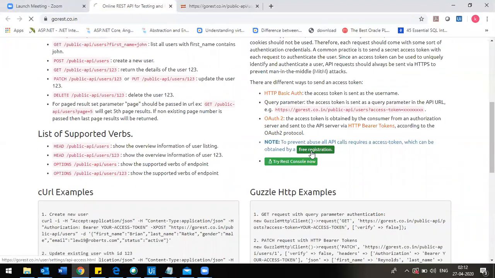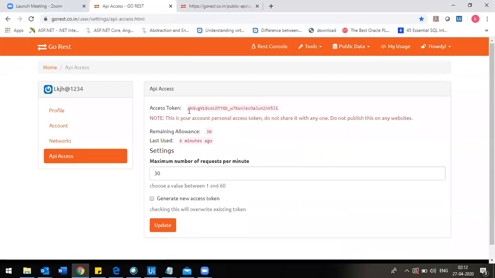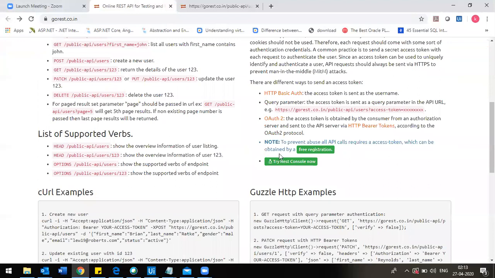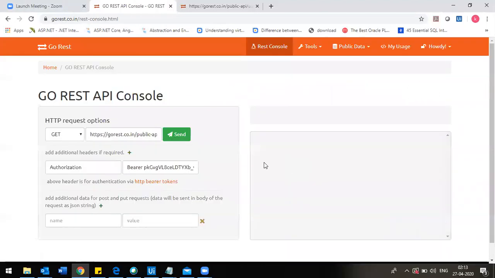If you click on this, it's giving an access token. Automatically it is generating an access token. So this access token is my bearer token. Just click on here.